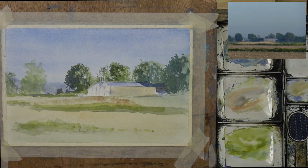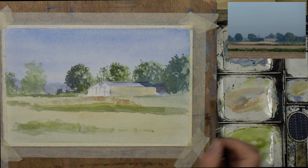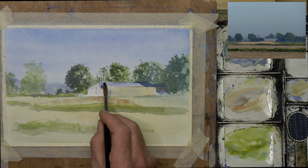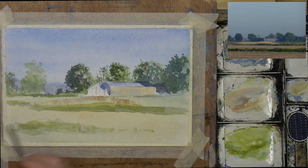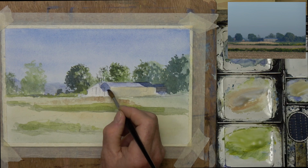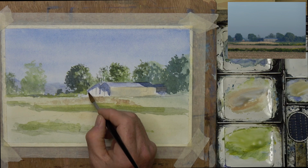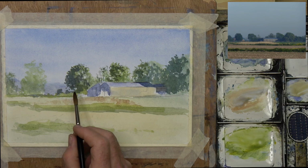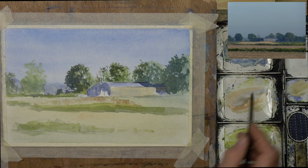Right, so let that dry too. Now while we're waiting, let's come in with some violet back in. Got a little bit dirtied up, but I'm not too worried about that because we are going to put in the ends of our barns. So I'm going to take that all the way down there and leave that little bit of light there and take that into that other barn, just through there, down through the side, across the doorway, because we're going to add to that doorway,